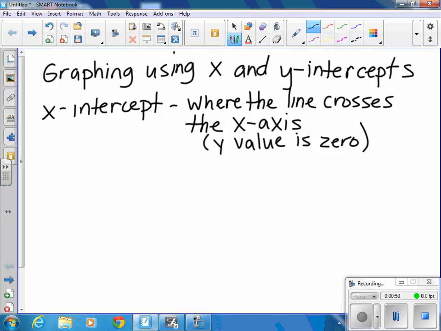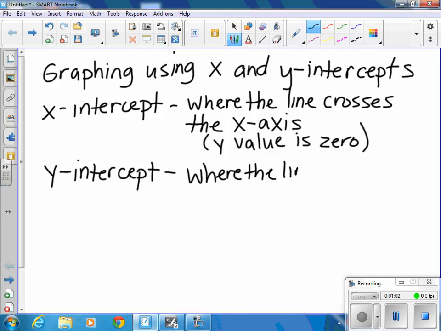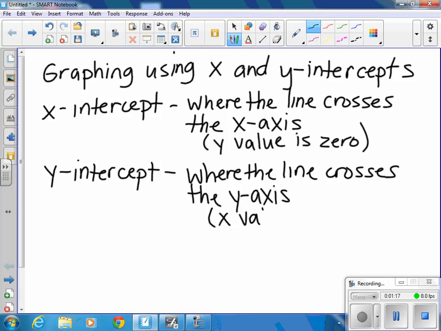on that X-axis. The other word is the word Y-intercept, which is the complete opposite of the X-intercept. And this is where the line crosses the Y-axis. And when a line crosses the Y-axis, the X value is going to be 0. So these pieces of information and these definitions will help us to go ahead and graph from those two pieces